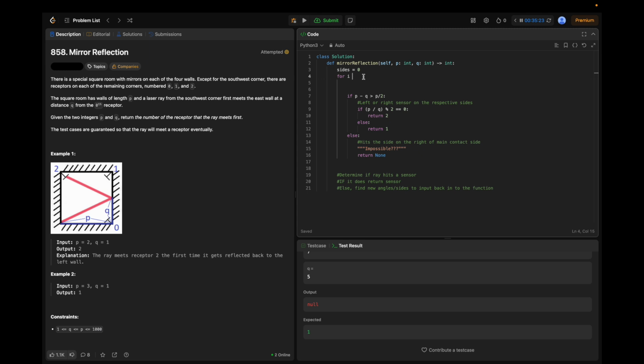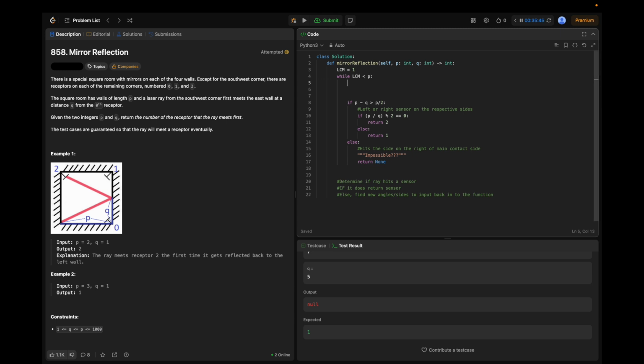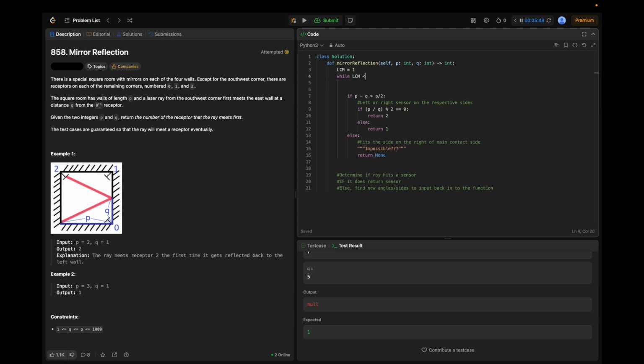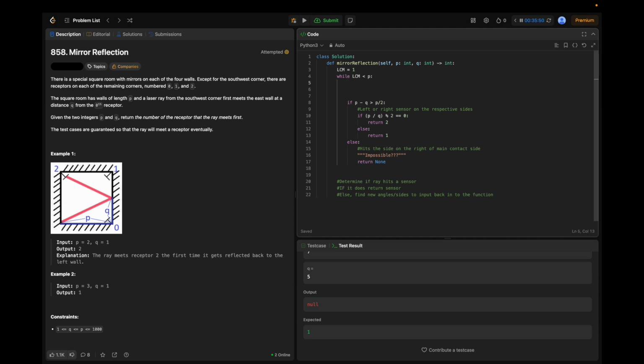Anyway, I'm changing my mind back and forth, but I have a reason, I promise. So while LCM is less than P, or I'll just say not equal to P. Oh, the end is less than P, because if it's greater than P, then it's not going to converge. Anyway, while LCM is less than P,